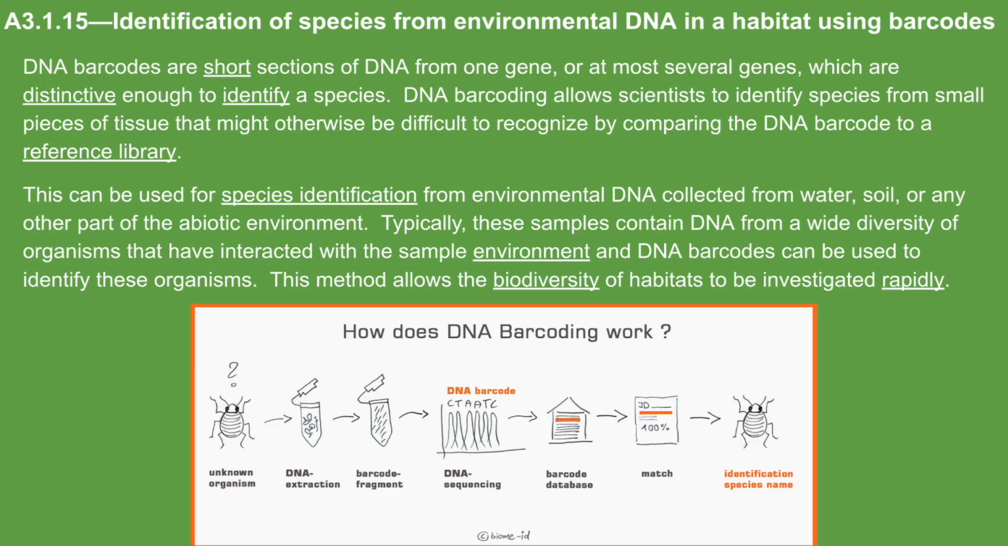We can use this for species identification from environmental DNA collected from water, soil, or any other part of the abiotic or non-living environment. Typically, these samples contain DNA from a wide diversity of organisms that have interacted with the sample environment, and we can use DNA barcodes to identify these organisms. This method allows the biodiversity of habitats to be investigated rapidly. So we can take a water sample or a soil sample, and we can run this DNA barcoding and be able to identify what species are